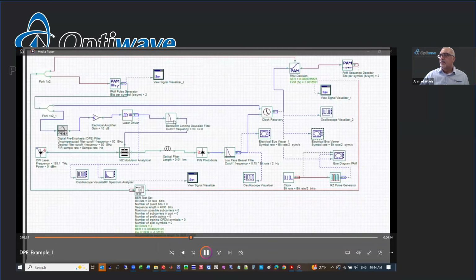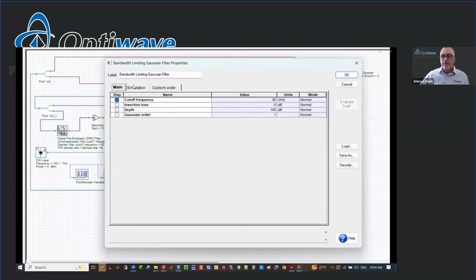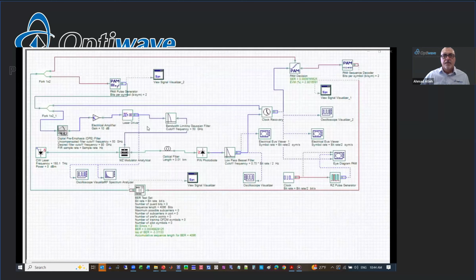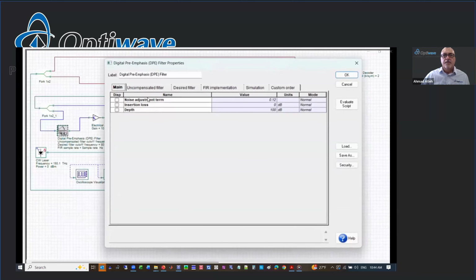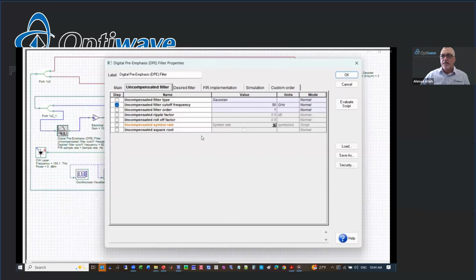In an effort to compensate for this bandwidth limitation, we can see the parameters: a Gaussian filter with a cutoff frequency of 50 gigahertz and a first order. As such, we import the same parameters into the digital pre-emphasis. So if we now look at the digital pre-emphasis filter, we're looking at the uncompensated filter response. It will be Gaussian, matching our bandwidth limiting filter, 50 gigahertz with